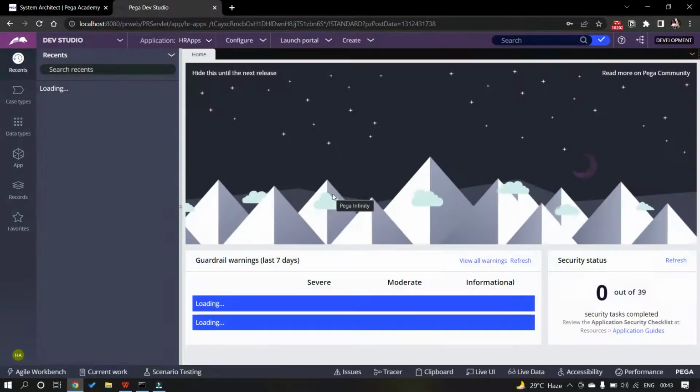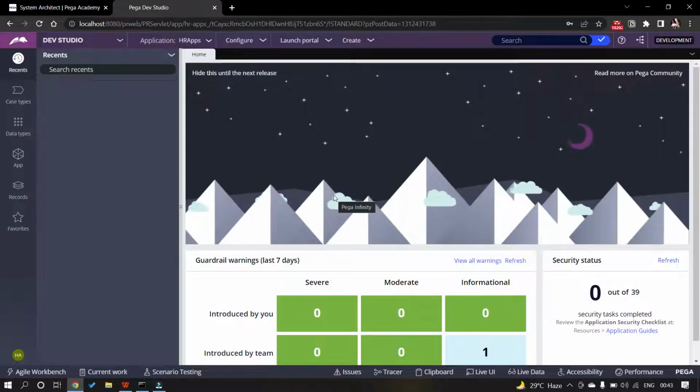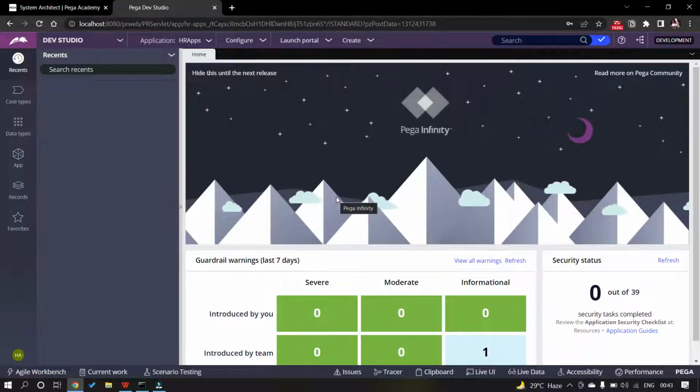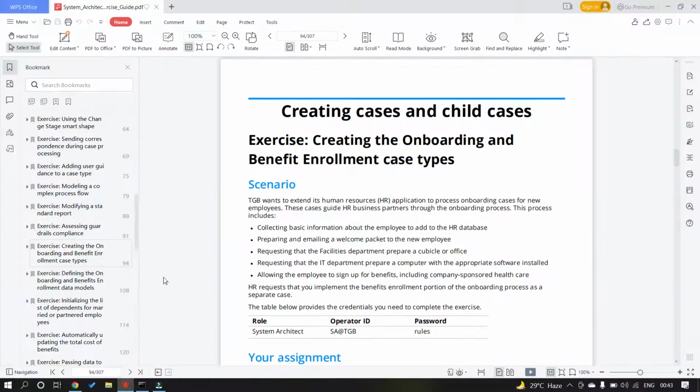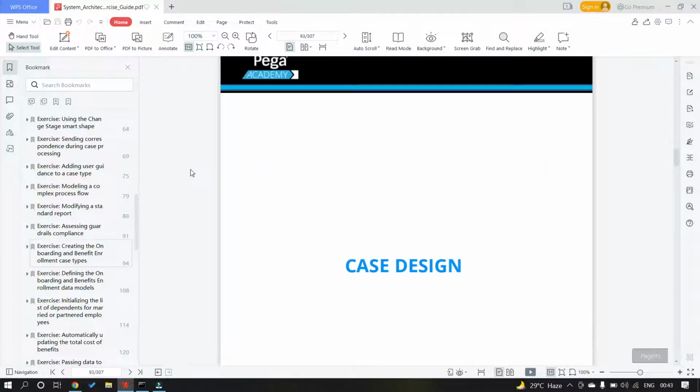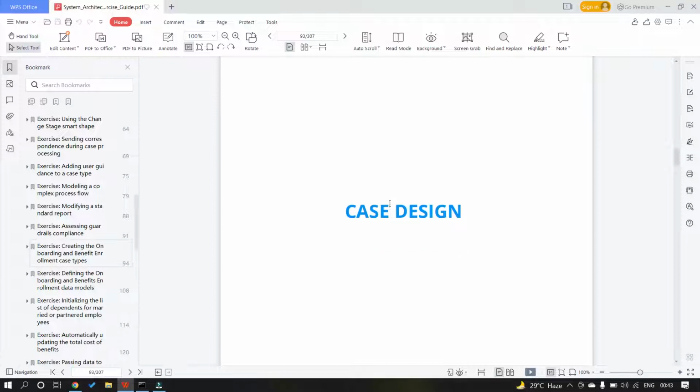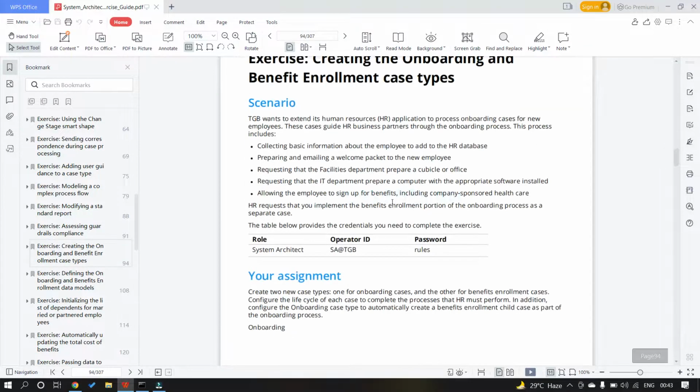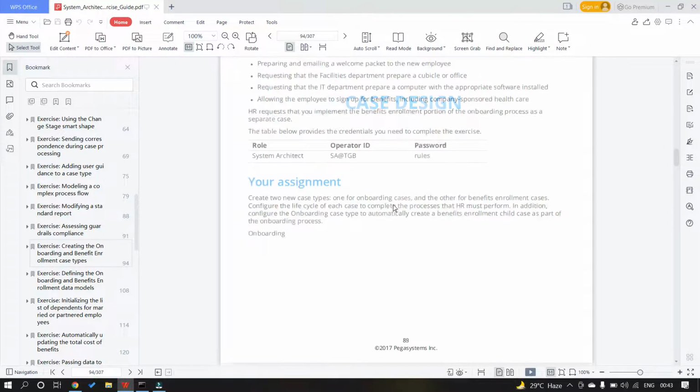So today we will be creating our very first case type, and its child case type. The name of the case type is very famous, onboarding and benefits enrollment. I'm referencing this Pega 7.2 exercise guide in order to create a benefits enrollment. From case design exercises, this creation of benefits enrollment started. Before that,